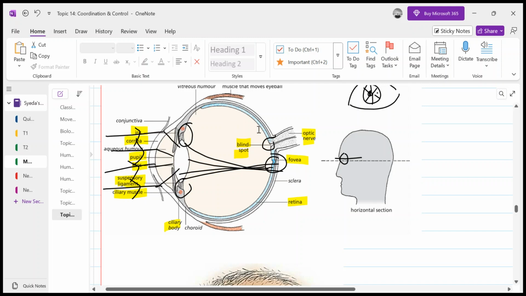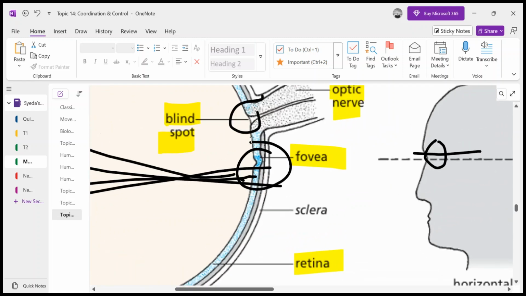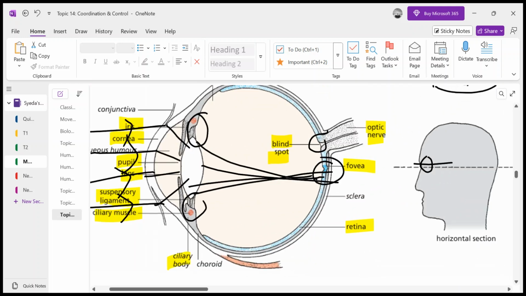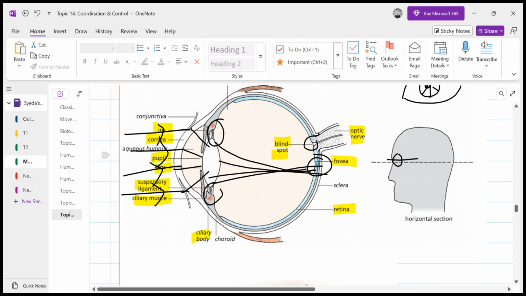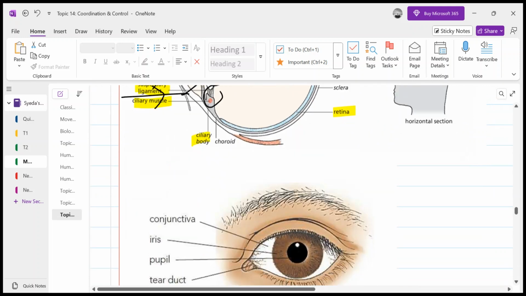So basically the photoreceptor cells are present on the retina. This is the blind spot, which is also called the yellow spot. There are no photoreceptor cells found at this place. While the fovea, that we had learned, is that part, if you can see the focused image, of the retina which has the highest number of photoreceptor cells. Now there are two types of photoreceptor cells: rods and cones, right?